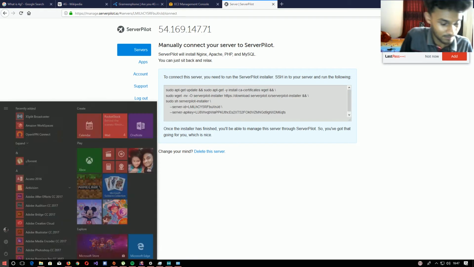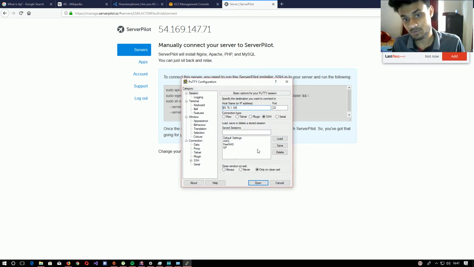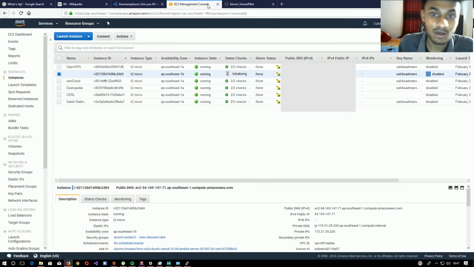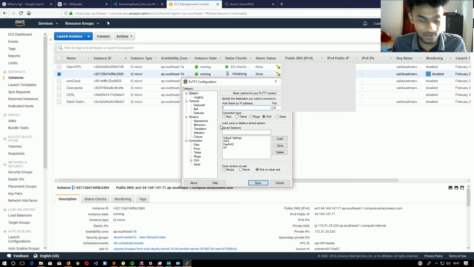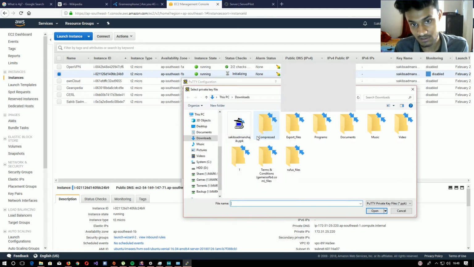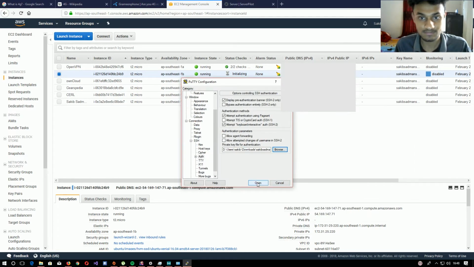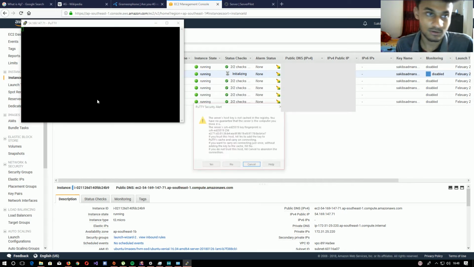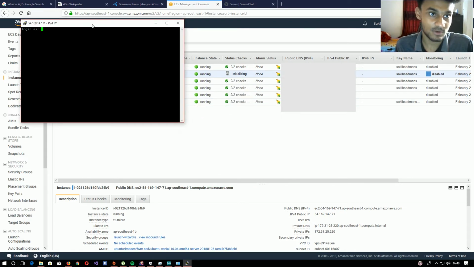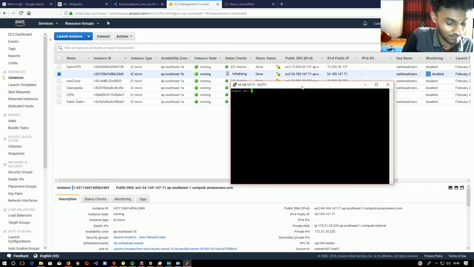Now open PuTTY or your preferred telnet solution. Now we have that IP address copied. I just pasted it here. Then I will add the key which I just used to authenticate my server. You won't need that if you use a developer-friendly VPS service like Vultr, Linode, or DigitalOcean. These are easy, you can use them. I use Amazon because I have more